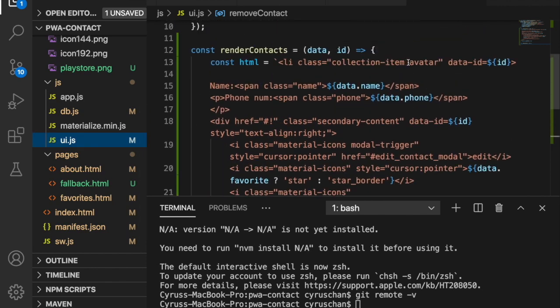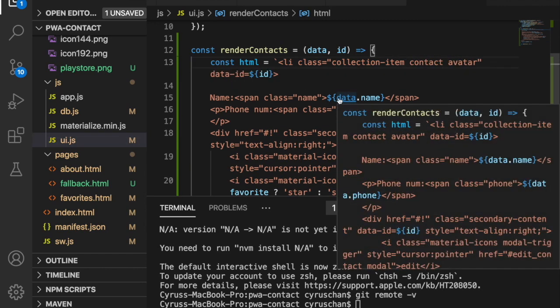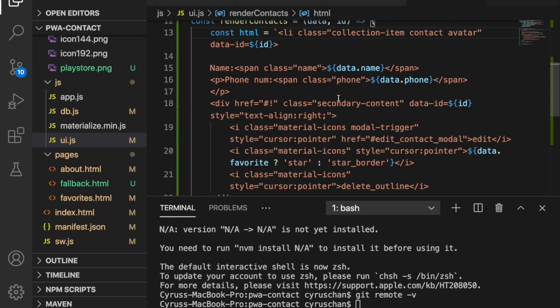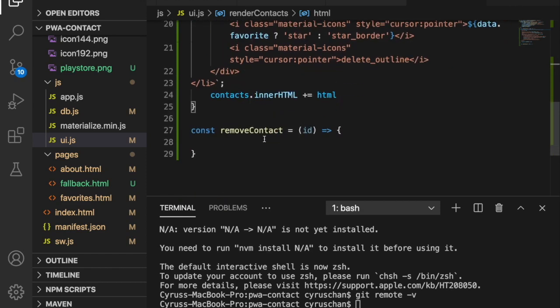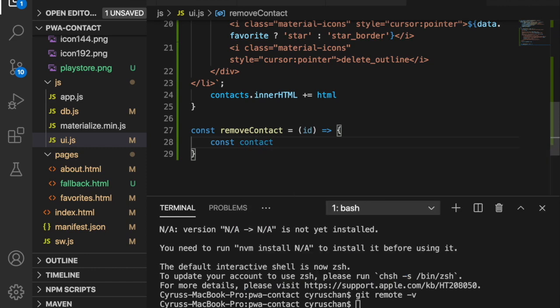So now we have to add the contact cast to our list items. So we can grab the contact. So we use constant contact is equal to